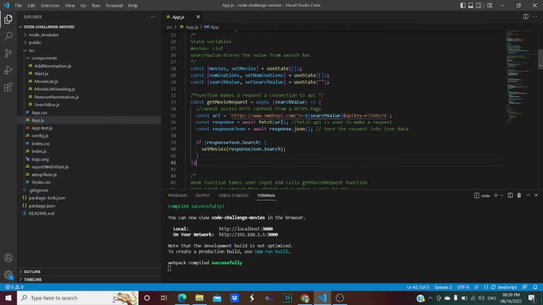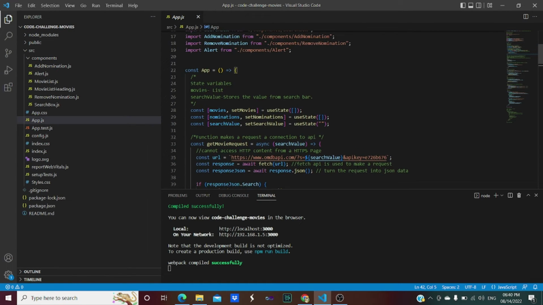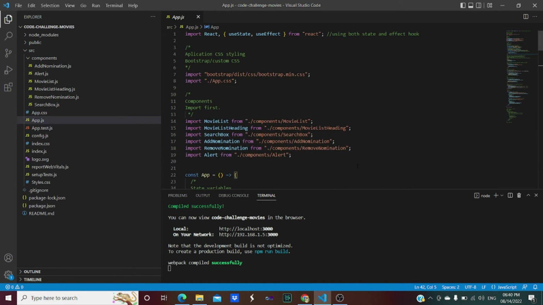Now here is the main file, that is app.js, within which the actual logic is written. We need to fetch the movies list according to the search that is done by the user. We need to display the movie list, and if user clicks on nominate button, we need to add that movie into the nomination list.